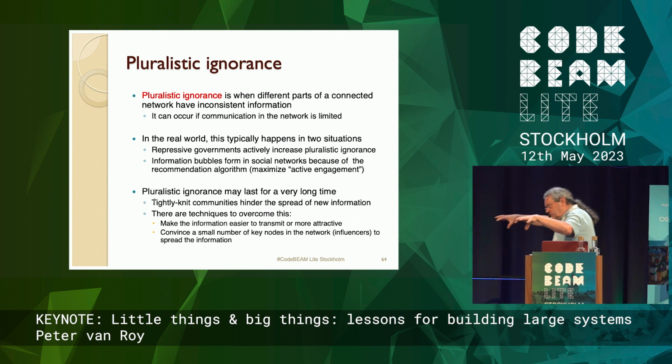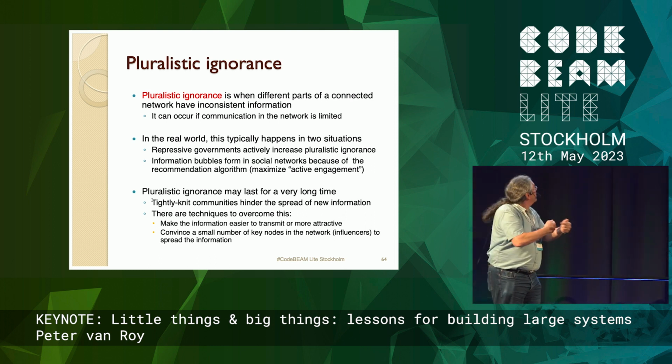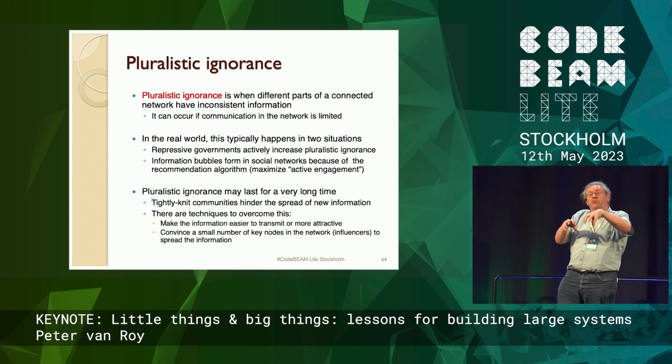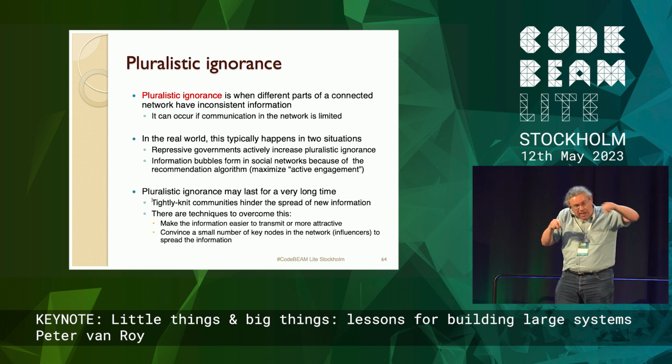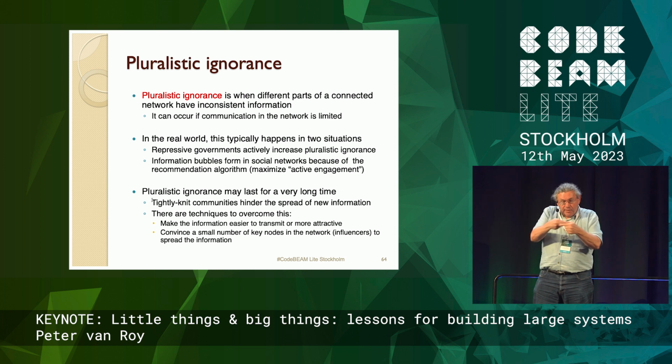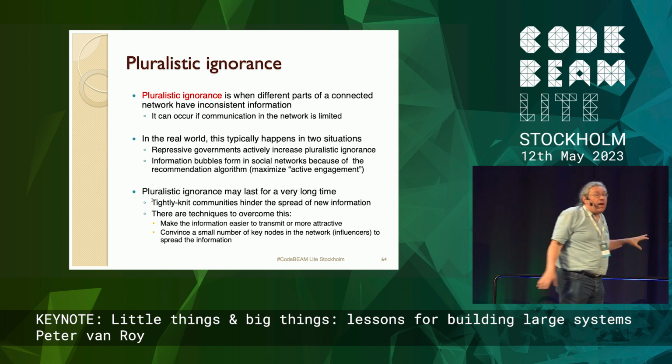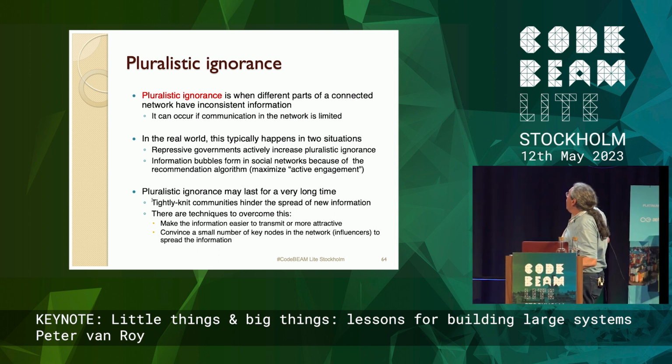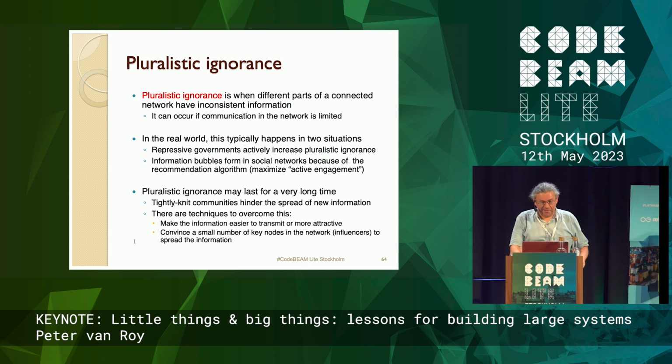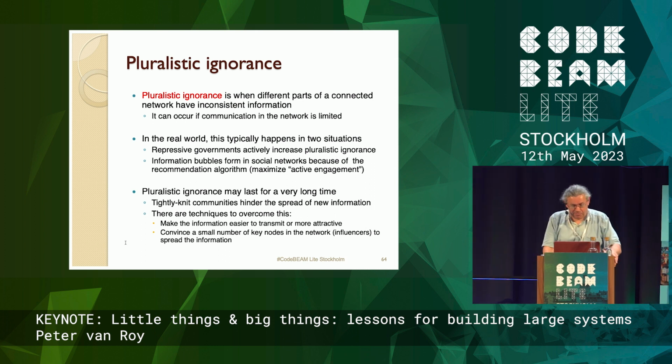How can this inconsistency last if there's communication? Well, maybe you have this tightly knit community in the middle between the two pieces, very opinionated nodes. Maybe each node, the majority around it believes A, and then you have another node, the majority believes B. So the node that believes A will not accept B, and vice versa. The information will not pass, okay? There are techniques to overcome it, and this is one of the big problems in the internet today, okay? Not solved yet. Hopefully we survive. And we have not even solved this one, and we get another problem, ChatGPT, but okay.